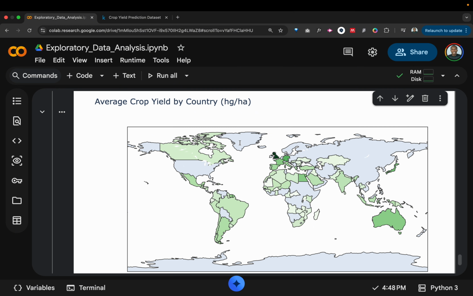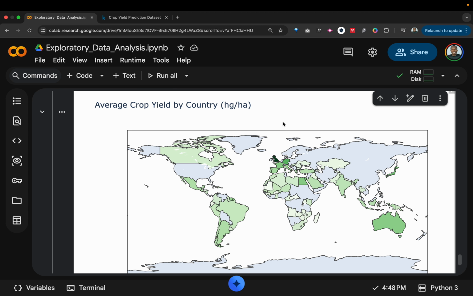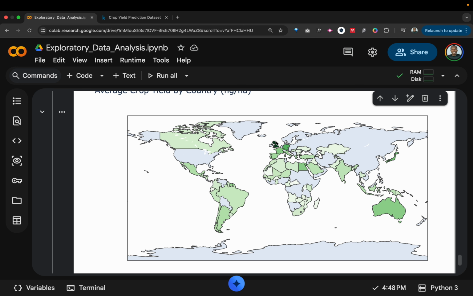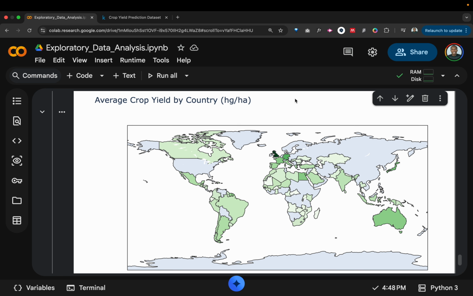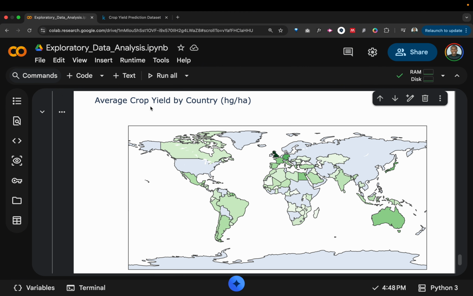So you can see that, wow, United Kingdom, just like what we said before, you can see the average yield. We have high yield there. Let me see if we have other places that are interesting. In Germany, it's also a bit high, but we can see in South Africa it is low. In Angola it is low, and in all these parts we don't have any data point. I think this is Russia or somewhere here, and in the United States we don't have any data point in our data set. So this is something interesting to see. You can see the average yield country by country, and you can easily see directly that in the United Kingdom there's high yield here. And this is a paper standard plot that you can make, and you can improve on it